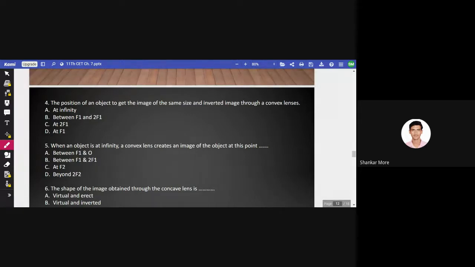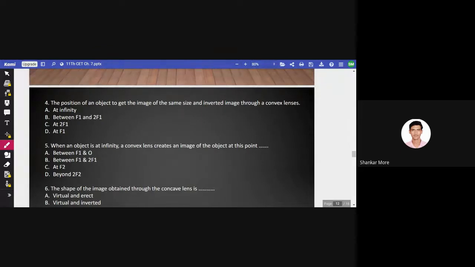Which point is it? Is it 2f2 or f2? It is 2f1. It is f2 तो आंसर है ही नहीं ना हमारे पास. So 2f1 is the